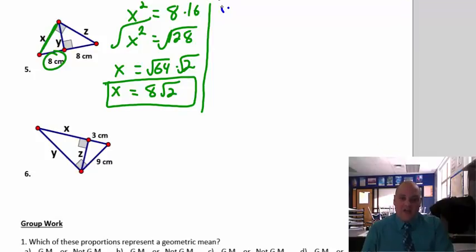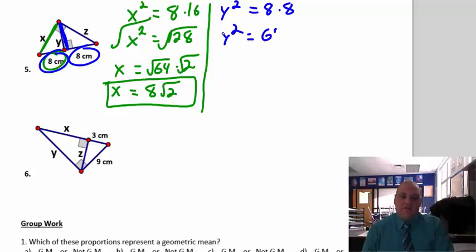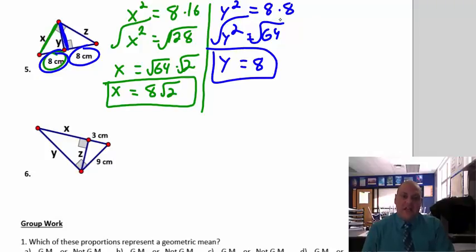Next one, we're going to find y. So y squared, that's the altitude. For the altitude, we use the two pieces. So it's going to be 8 times 8. So y squared equals 64. And obviously the square root of 64 is just 8. So there's no radical there. It's just 8. And the last one, z squared